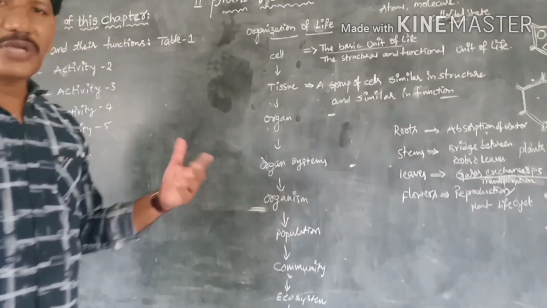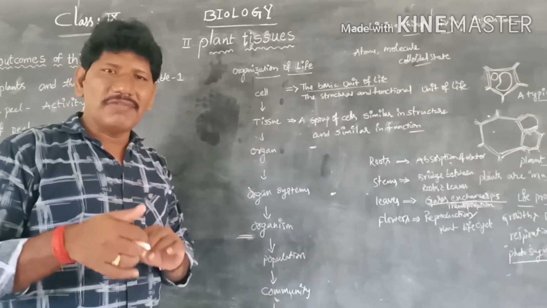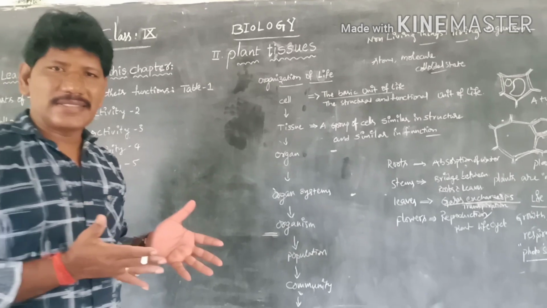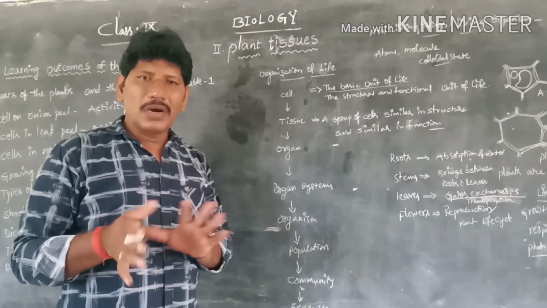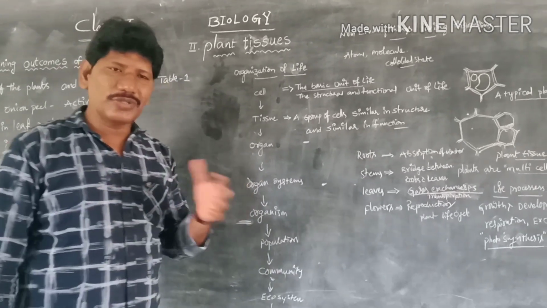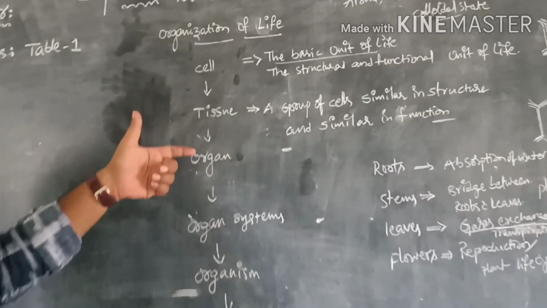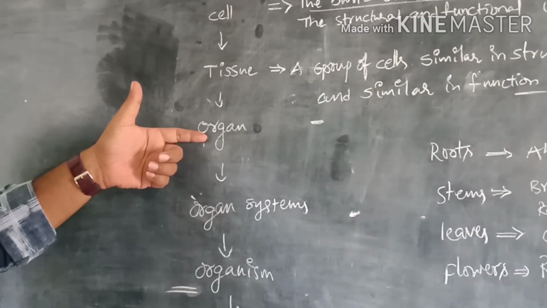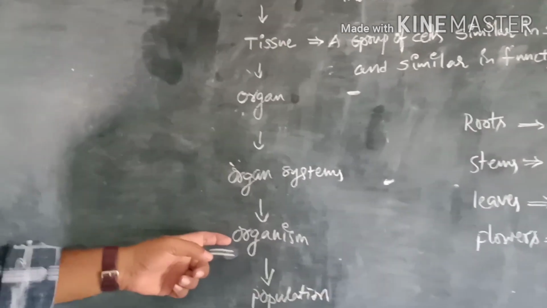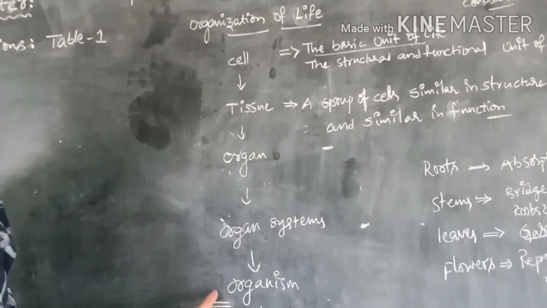I would like to explain why living organisms have life, how they perform different functions, how plants are entirely different from animals, and what the major composition at the cell level or tissue level is. In order to do that, we explain the cell, afterwards a group of cells, the tissue. Tissues form different organs, different organs are involved in different organ systems, and finally they make an individual organism. Up to here, this is called the lower level of organization.